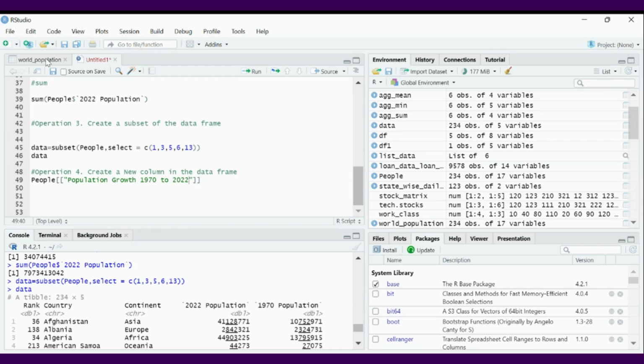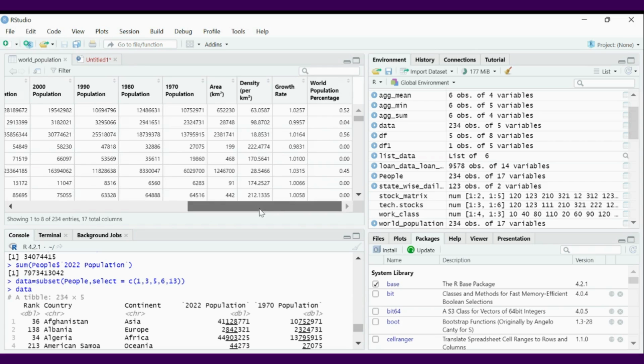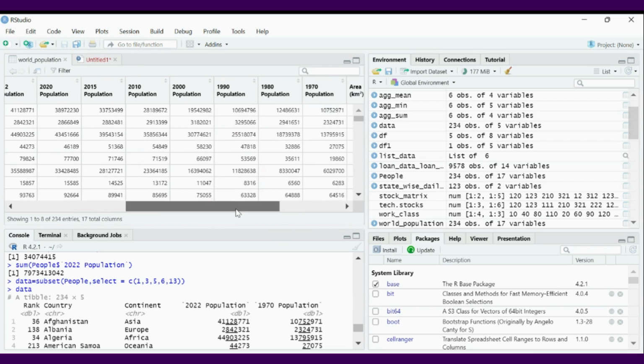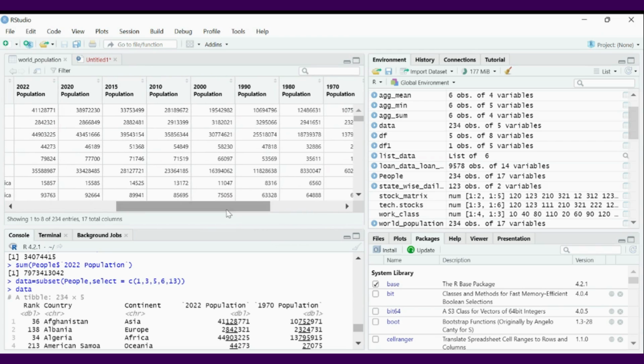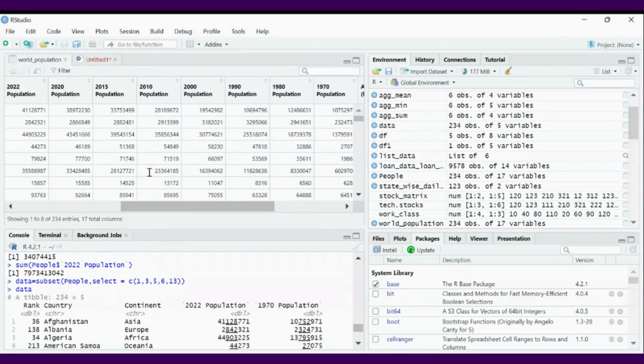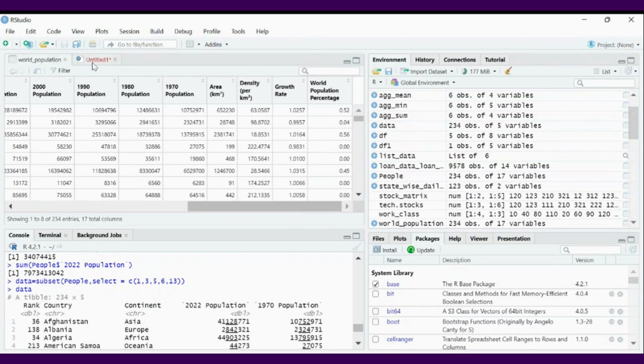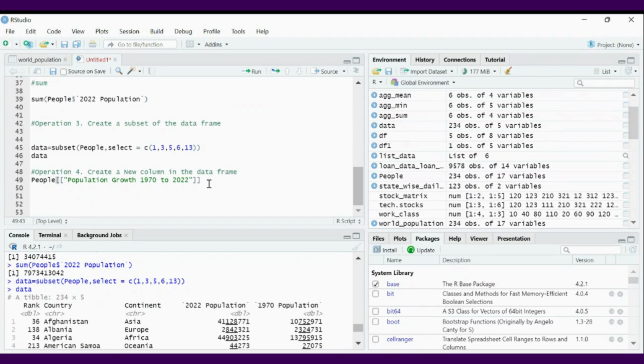As in this data, you can see there is a growth rate, but there is no proper number that signifies how many people has increased from 1970 to 2022. That's why I want that data. I want that column that shows that data. For that, we need to subtract 1970 from 2022. So the code we need to write here is equal to